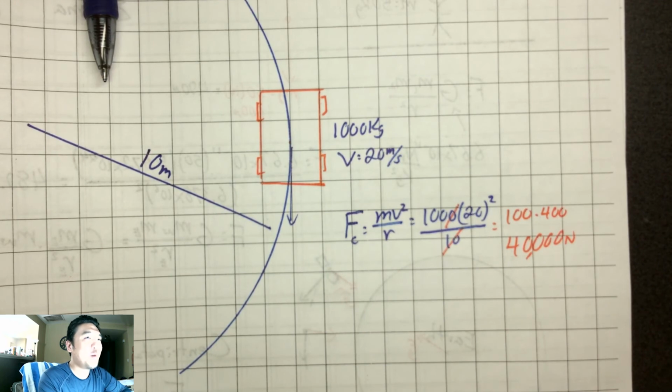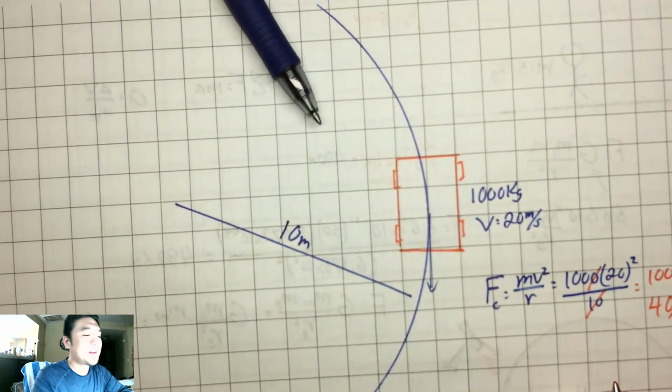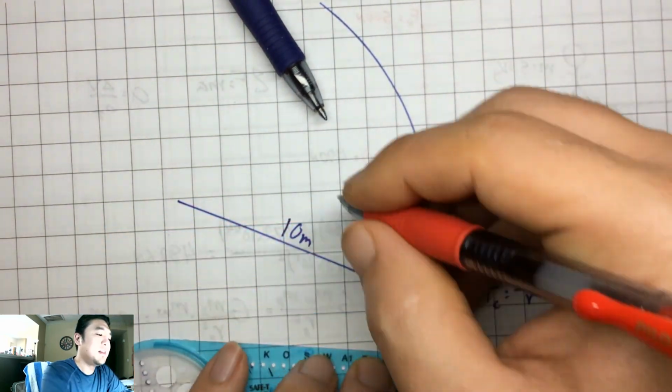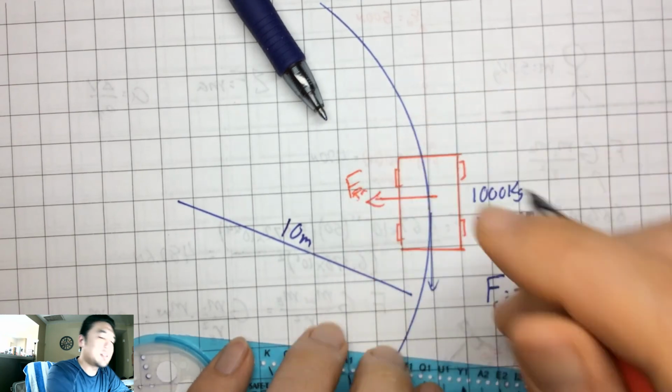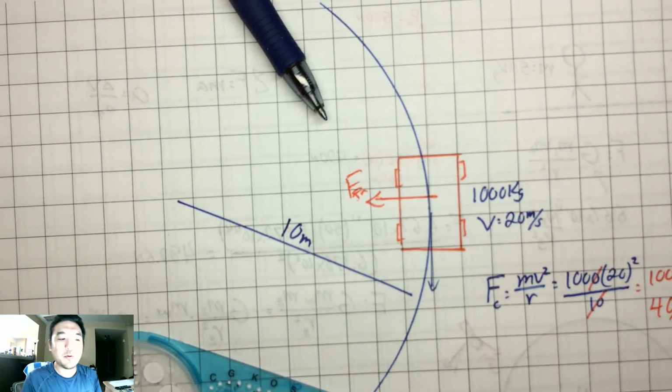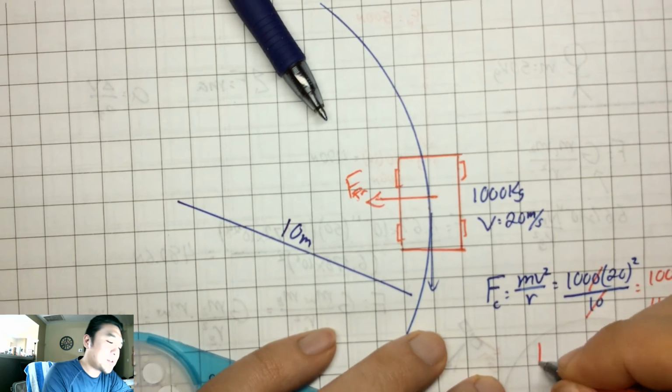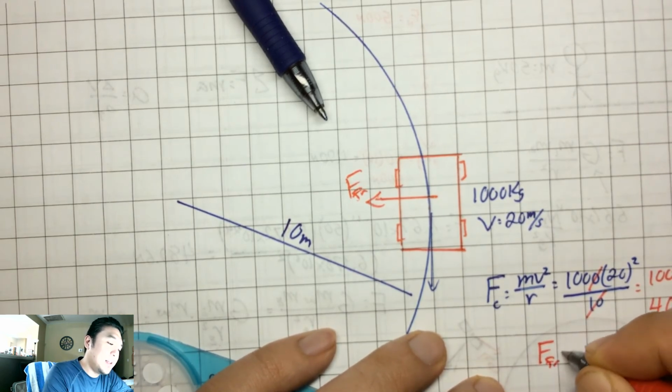Now, what are we going to use to take the turn? It has to be a force between the tires and the ground. We're going to use friction. So friction has to point in towards the center of the circle. That is the force that's making us turn. That is the centripetal force. Again, we're not going to draw a new force for the centripetal force. It's already going to be in our problem. So centripetal force is force of friction, and force of friction has to be at least